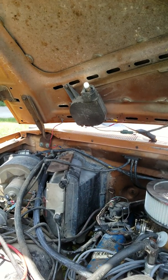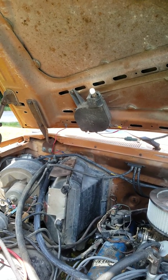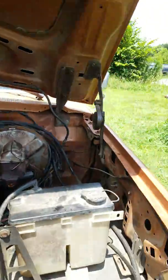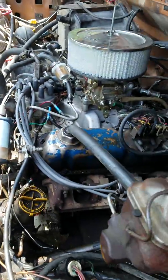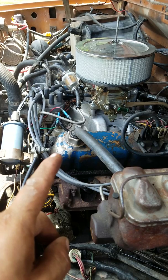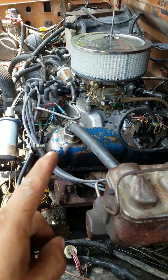Okay, I put an LED under hood light from superbrightleds.com. That works pretty good. Let me explain what I did under the hood here. I put an Edelbrock Performer dual plane intake on here, 4-barrel,